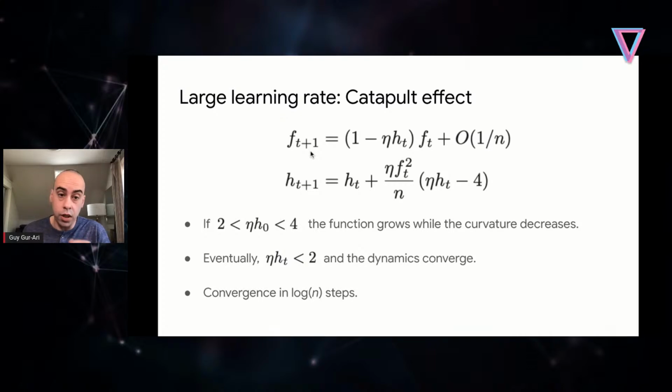So there are two things happening at once. The function is blowing up, the curvature is going down. Once the curvature is low enough, the function is not going to blow up anymore. It's going to converge. This is happening as long as we're in this window. So the linear model would diverge, but the full neural network is actually able to converge, even though it looks like it's diverging initially. And this is happening very quickly because this function is blowing up exponentially fast. So this whole thing is going to be over within log of n steps. For typical widths, let's say 1,000, it's going to be over in a matter of a few steps, a very quick process.